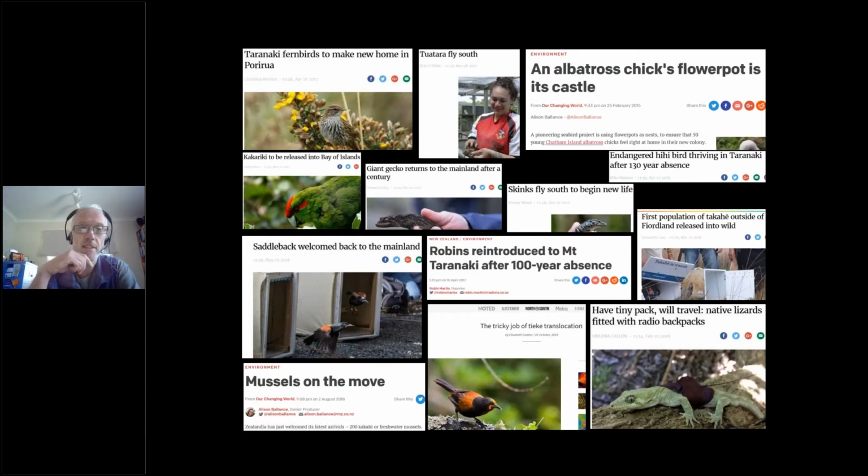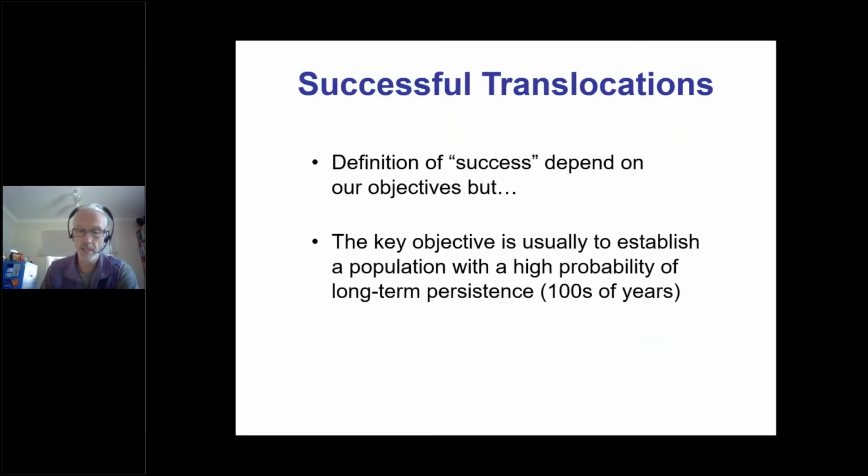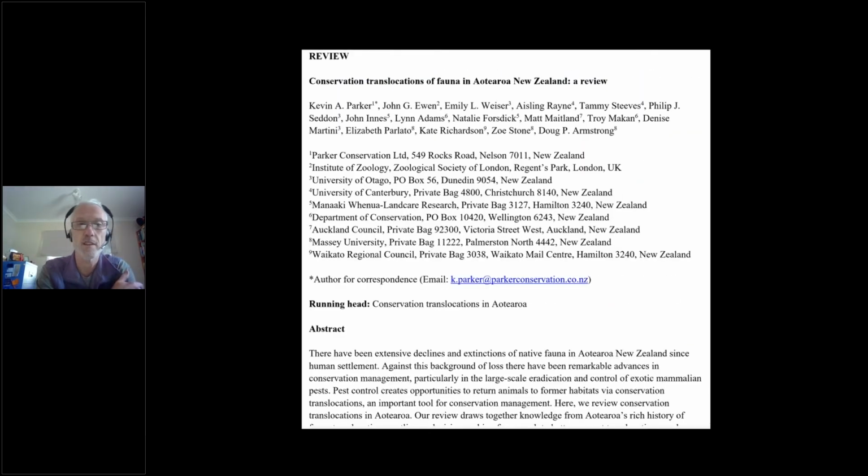Okay, so this is just showing some media coverage. This is what most people know about reintroductions, as animals arriving at the release sites and being released happily. And of course, it is a bit more complicated than that. It's actually quite a stressful thing for the animals. Okay, fantastic, now it's working.